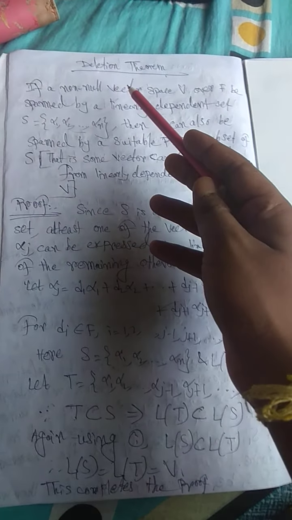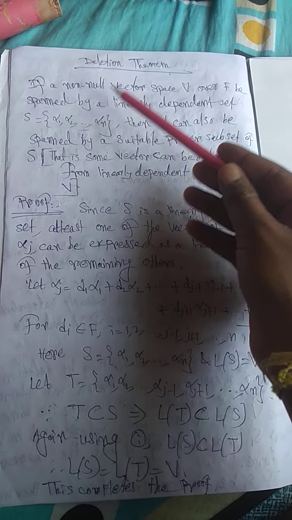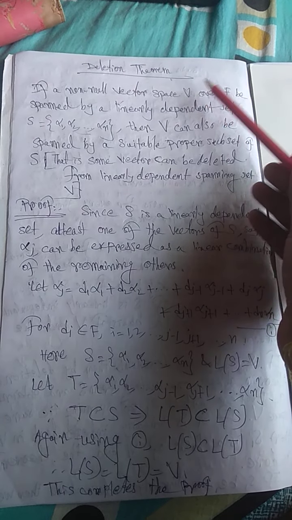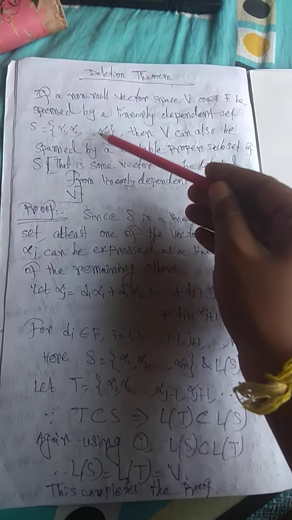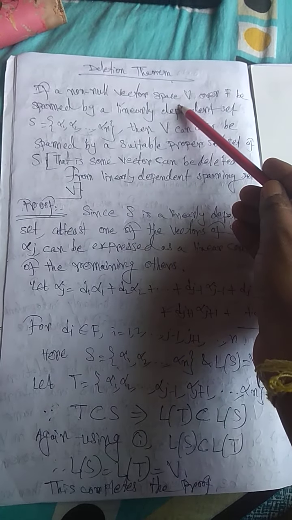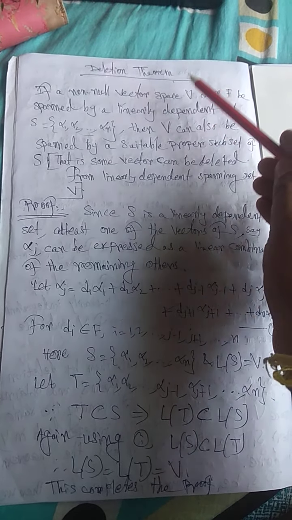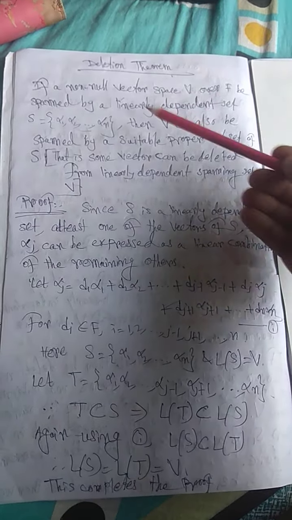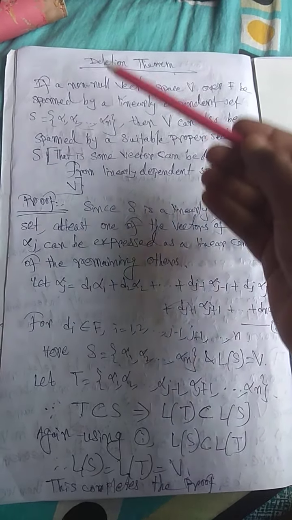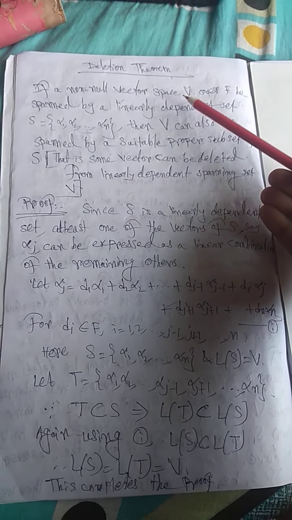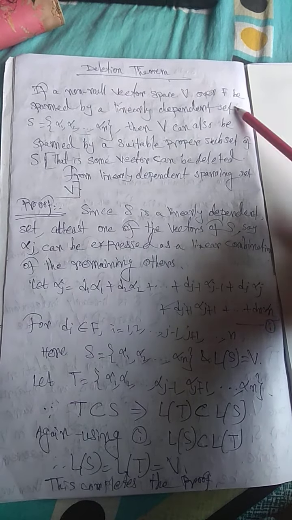So let us start the explanation part of the deletion theorem. The statement says: if a non-null vector space V over F is spanned by a linearly dependent set. Non-null vector space means V not only contains the null vector theta, but something more. Because if the vector space contains only theta, then there is nothing to prove. So that's why it is a non-null vector space V over F spanned by a linearly dependent set S